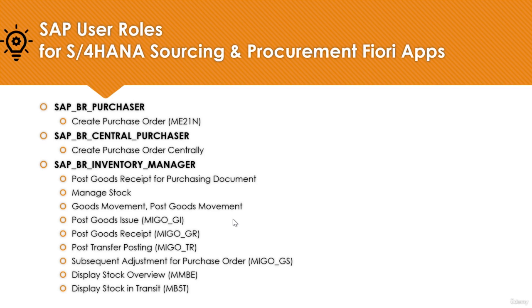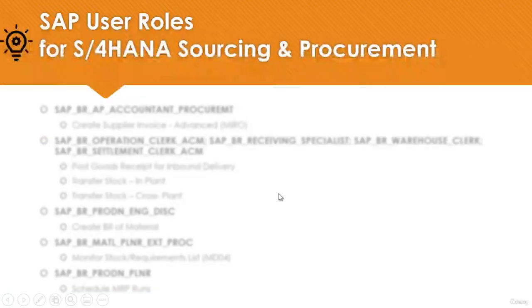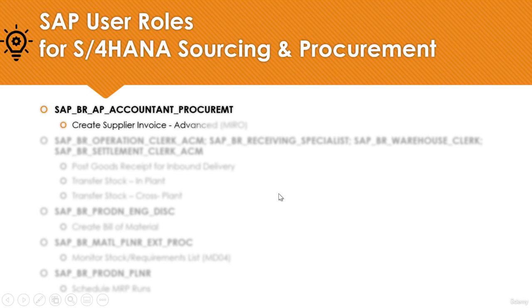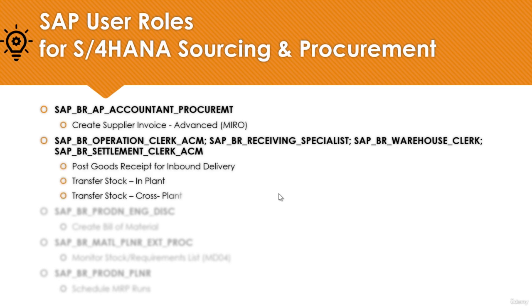purchasing documents. As I demonstrated in the first lecture, you can create goods receipt for the purchase order through the transaction code MIGO. But if you want to create goods receipt through an SAP Fiori app, then you must have this role, SAP BR Inventory Manager. Similarly, there are some other roles which you can see on my screen. If you want to